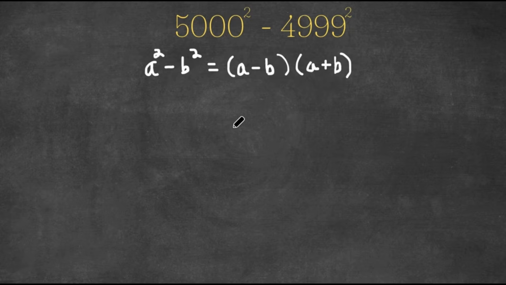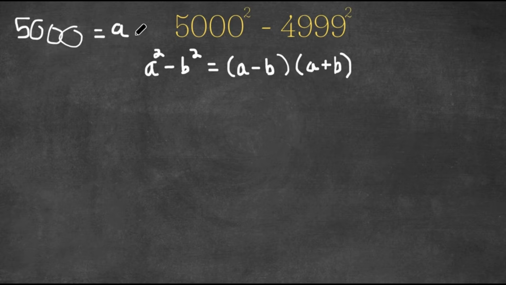So now what we're simply going to do is plug in these two values for a and b. Well, 5,000 is a, and 4,999 is b. So now all we're going to do is plug in our values of a and b into our formula here. So a minus b, meaning 5,000 minus 4,999,